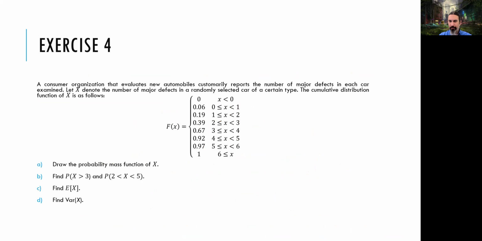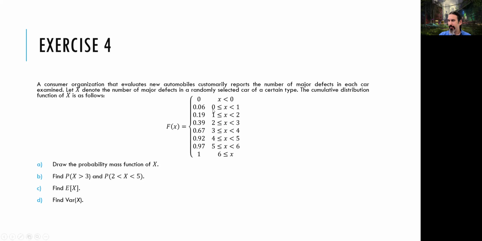And this one, again, another cumulative distribution function question, as you can see. And in here, the numbers are just numbers. There are no variables in there, which is going to make this much easier. For example, it's asking us to draw the probability mass function of x. Draw, so I have to graph it. And I have to find all the probability values for all the critical numbers, all the critical parts, okay?